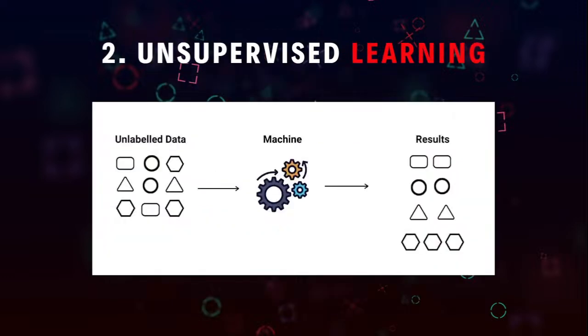Talking about unsupervised learning, we have data which is unlabeled. So you have your data with no labels. The task of these unsupervised learning algorithms is to find similarities and group them separately. For example, we could see that these guys are separate, these guys are different, and these guys are different. So like that, it categorizes and differentiates them. That's what unsupervised learning is.